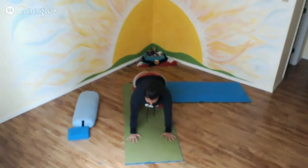And inhaling, growing the crown of the head towards the front of the room, and the sit bones to the back of the room, keeping your lower ribs in, staying strong through the core. Finding a little bit of space between the shoulder blades, and breathing into the back side of the body, drawing your belly button towards the spine,